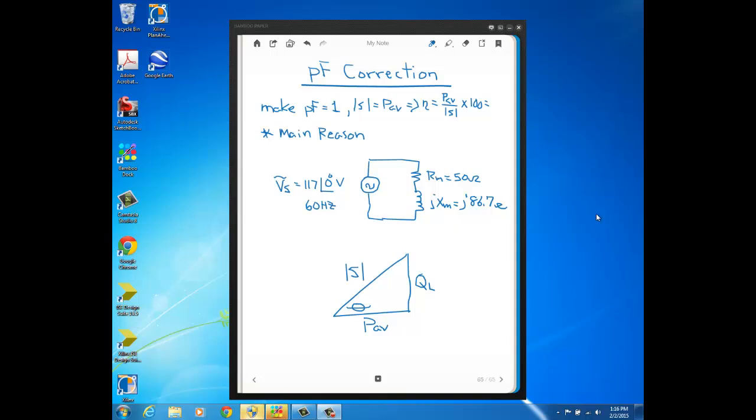In this video, we're going to start talking about power factor correction, and we'll do an example of what power factor correction is. First of all, the reason why you would want to do this is that when you correct the power factor, you're taking an impedance whose power factor is something other than 1 and you make it equal to 1. And one of the reasons why this is desirable is when the power factor is equal to 1,